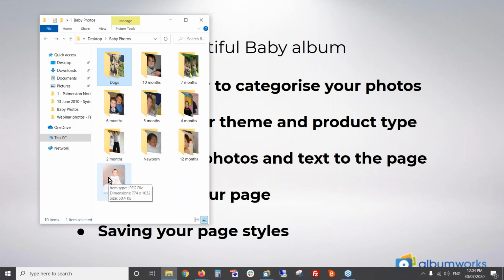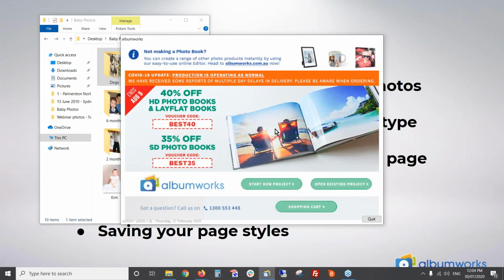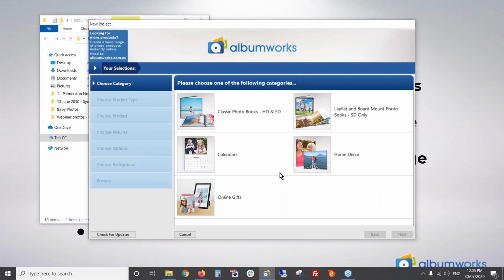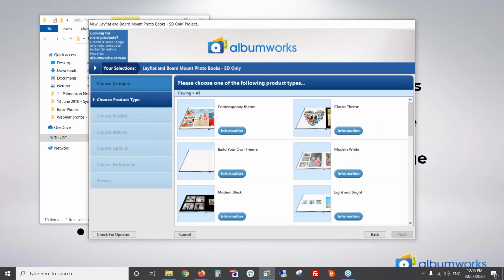Next, we need to decide what we're going to create. So this is our download editor, and we're going to click Start a New Project. Hopefully you're all fairly familiar with it by now. Normally I do a classic photo book, but today, just for something different, I'm going to show you a lay flat book. And